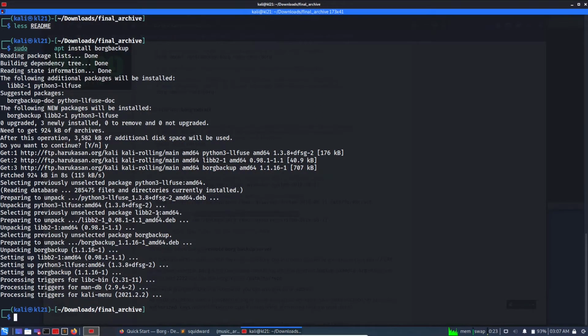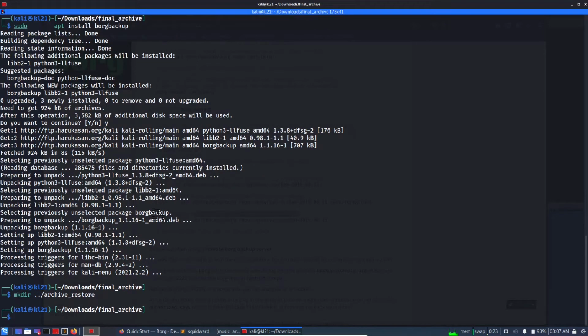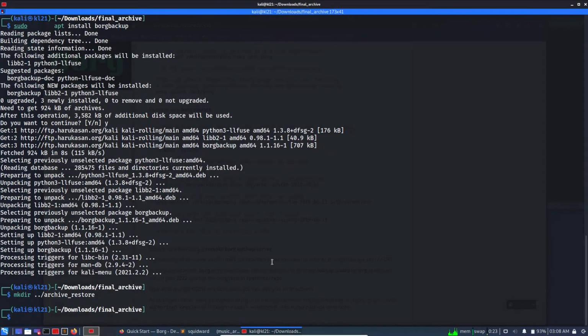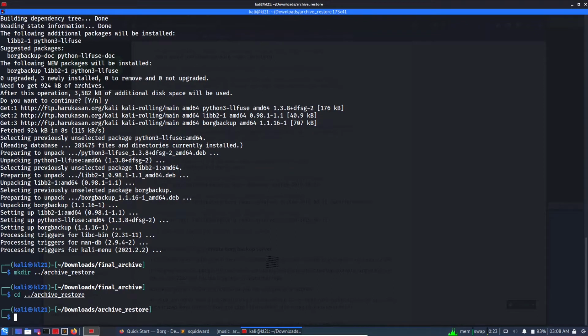I'm creating a directory, mkdir archive_restore, in the previous directory, and let's list the repo which we have with final_archive. So maybe let's go to the newly created directory and borg list ./final_archive,